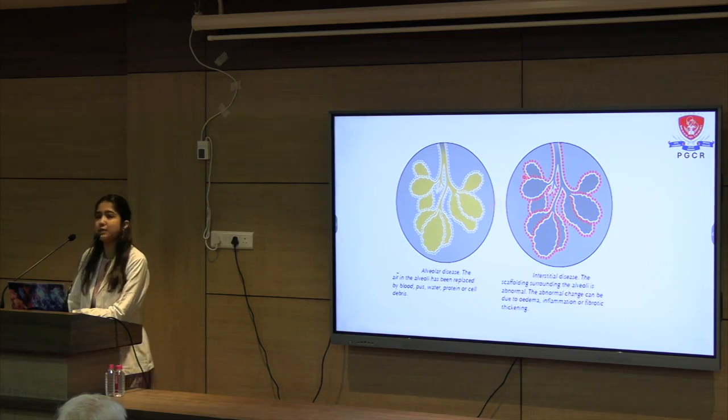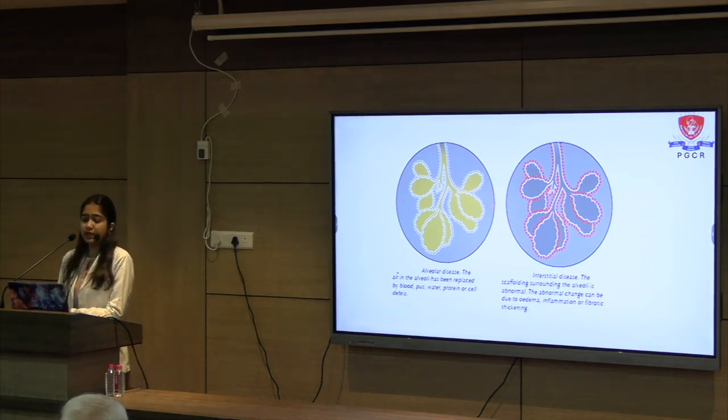Now, today we'll discuss that whenever we are supposed to report a chest radiograph, there are two kinds of pathologies which we come across. One is the alveolar opacities and the other one is the interstitial disease. Now, this yellow demarcated thing is the alveoli. Alveoli are the cluster of alveolar sacs, and these are the alveolar ducts.